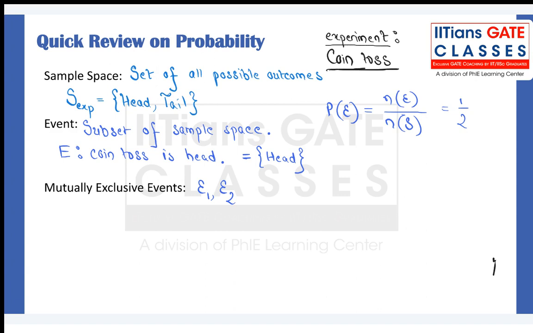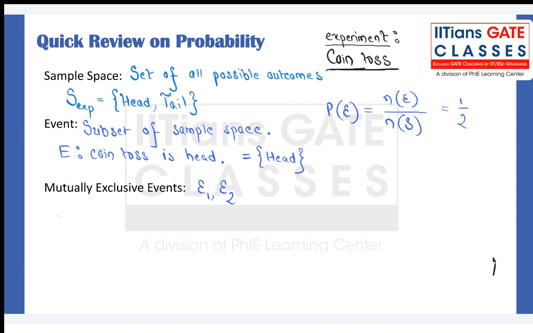Are E1 and E2 mutually exclusive? If you toss a coin and get a head, can you also get a tail? Or if you toss a coin and you get a tail, can you also get a head? Good. So E1 and E2 are mutually exclusive if both of them cannot occur at the same time. In other words,